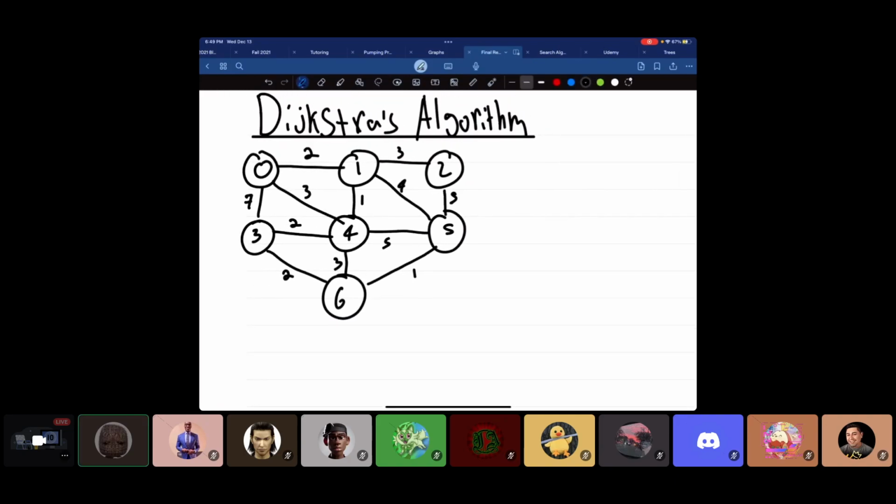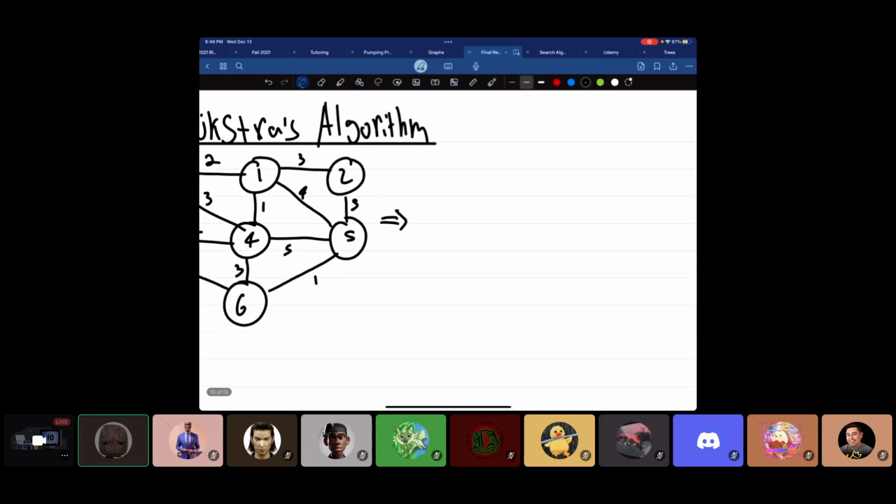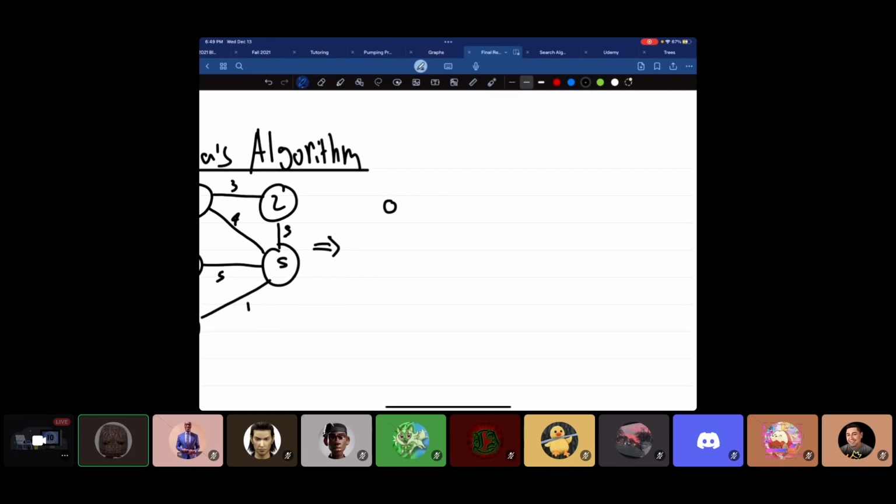So with Dijkstra's algorithm, we can start at any node. We're just going to start at 0. And what it does is it finds the shortest path